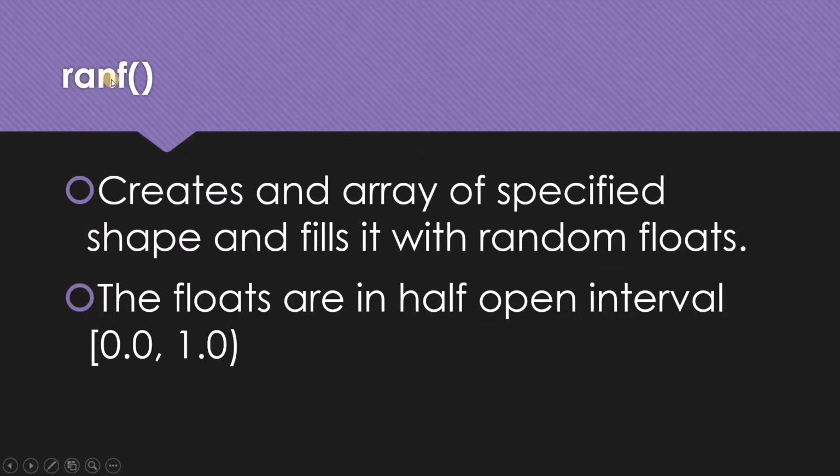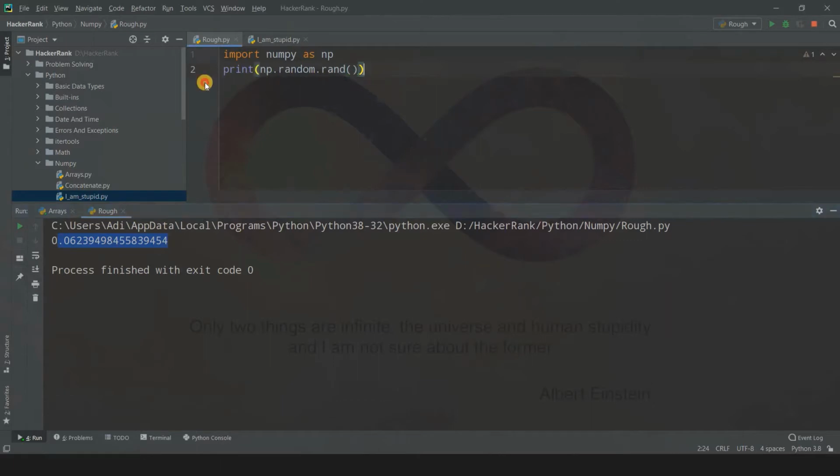So remember, this is not randf, this is just ranf. So this confuses me a lot. That's why I just told it to you all. So what does it do? It creates an array. I don't know why I made this spelling mistake, whatever. So it creates an array of specified shape and fills it with random floats. So we are going to get some floating point values, and they're just going to be in the half open interval, that is from 0 to 1. So floating values, right? So that will be 0.0 to 1.0, and 1 is excluded, that is exclusive, and 0 is inclusive.